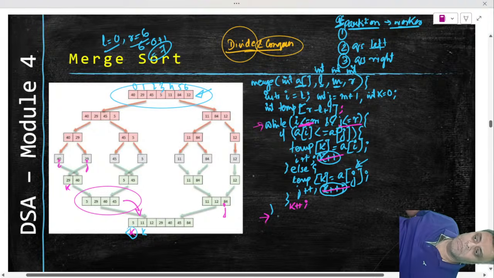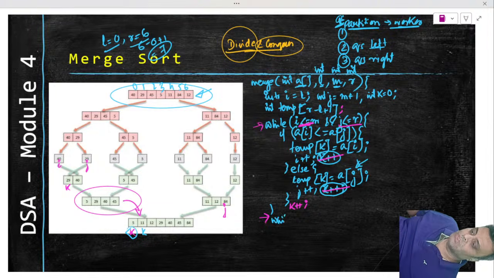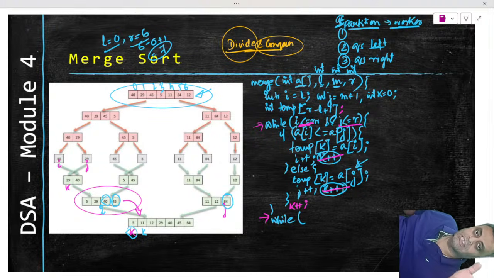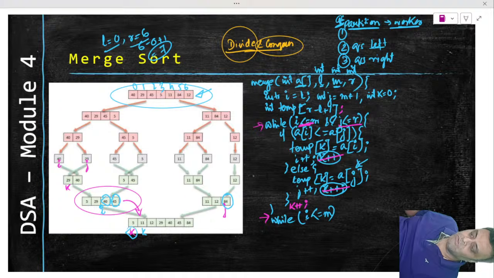I don't know which one remains, so I will handle both. I could have been here, so then I have to take this and this, or J could have been here, then I have to take this. I don't know which of them has exited. So wherever I is right now, I will again run a loop from I. If I exited with I crossing M, this loop will not enter, which is okay, right? So I will say I less than or equal to M. I will do the same thing that I did earlier. So I will do temp.